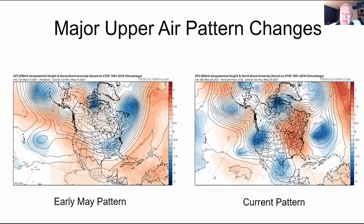Now, contrast that with the right-hand side here, which is the current upper air map, and you can see this big trough is completely gone. Not only is it gone, but it's been replaced by a huge upper air ridge. That's this upside down inverted U-shaped feature here. And in the mid latitudes, these are classic signs